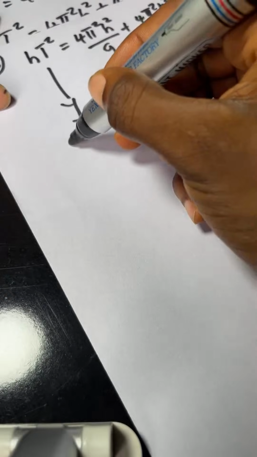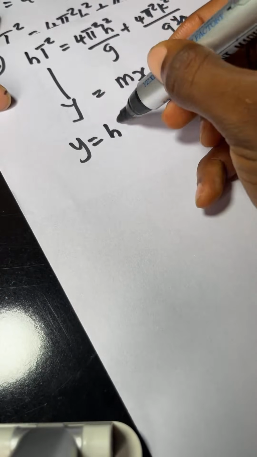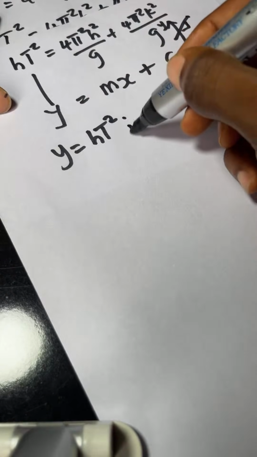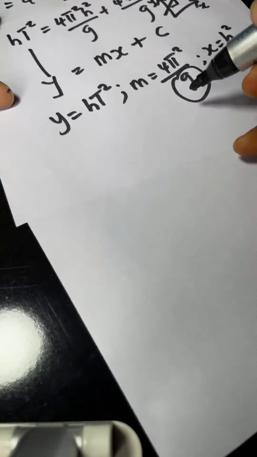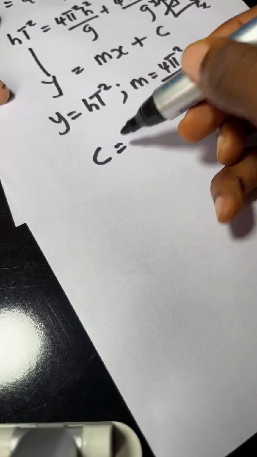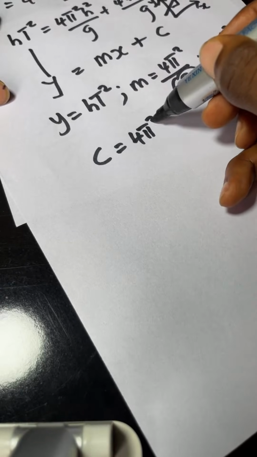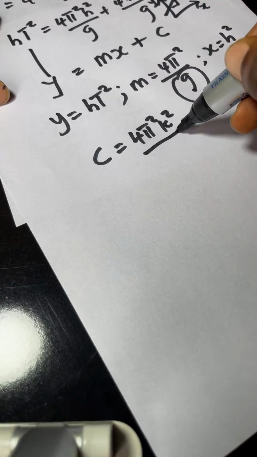Now where my y is equal to h t square, my m is equal to 4 pi square all over g. Very important. This is how you get the g from the graph. My x is equal to h square, and my c is equal to 4 pi square k square all over